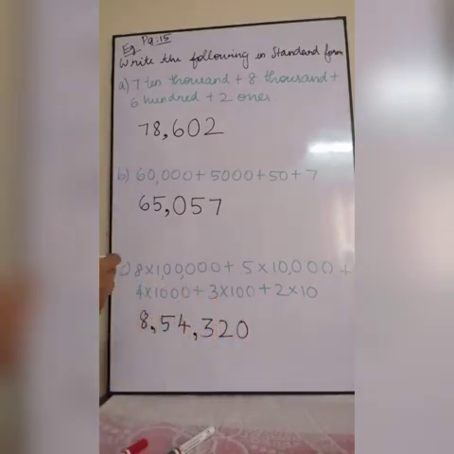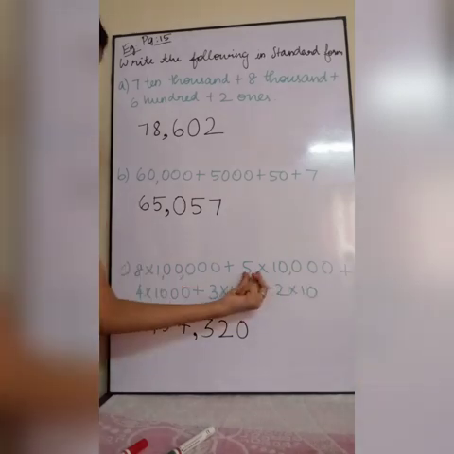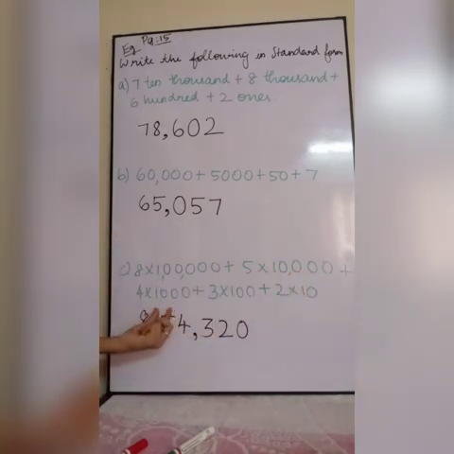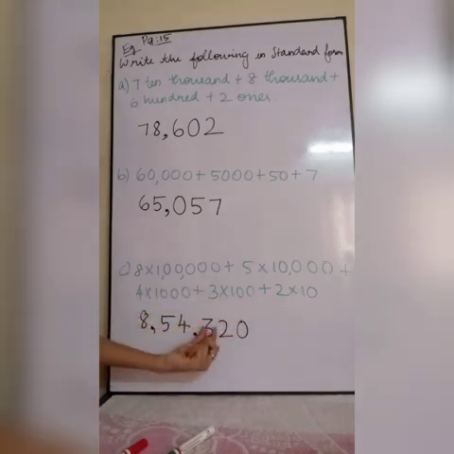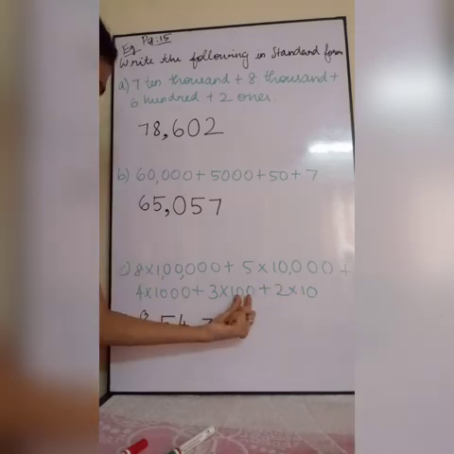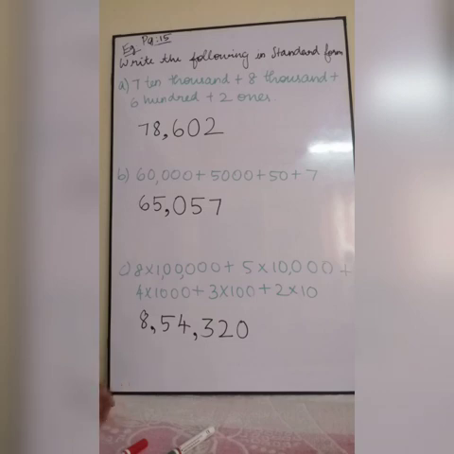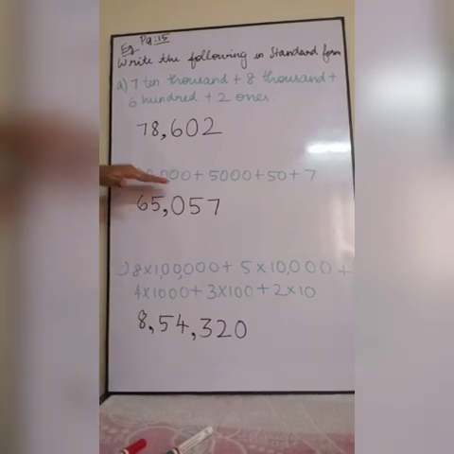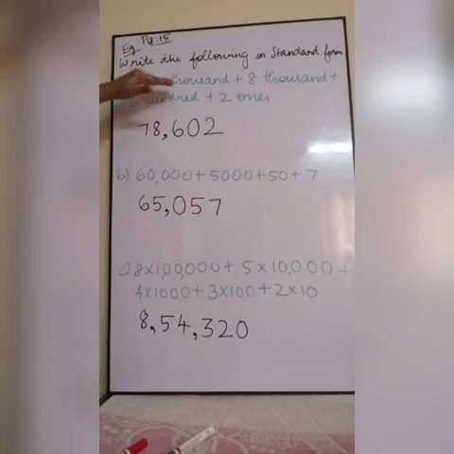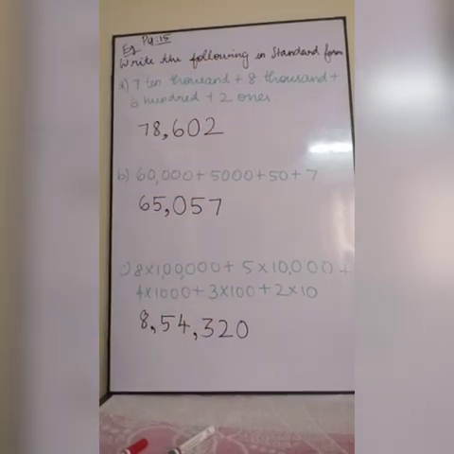Okay, listen. 8 into 1 lakh, so I wrote 8. After 1 lakh, 10,000, so I wrote 5. After 10,000, 1,000, I wrote 4. After 1,000, hundreds, I wrote 3. After hundreds, tens should be there, I wrote 2. Then ones is not there, so I wrote 0. So this is my standard form for this number. So there are 3 ways. There will be 3 different questions in the standard form. For this one, you count the digits and write it. For this one, you look at the place values and write the numbers. If anything is missing, you put 0. That is the concept here.